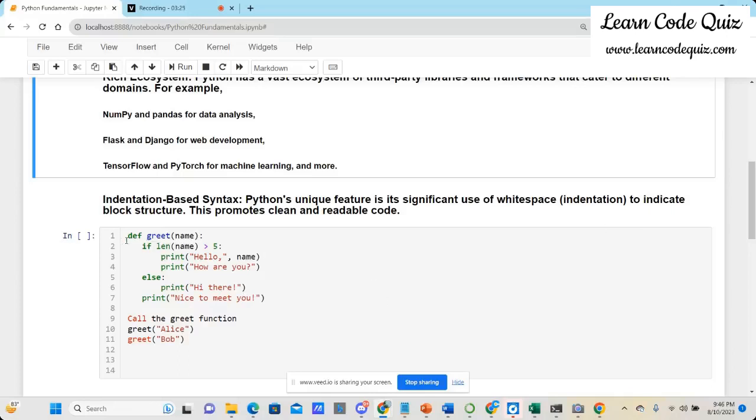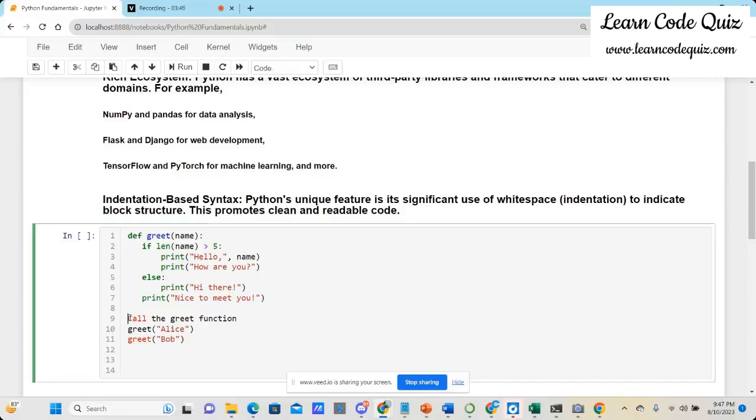For example, if you have a function definition here, greet, with name as parameter, and then you see that you are using an if and else within that function, and how the indentation is happening, and then we call the greet function. Actually, we call the greet function, and then we greet Alice and Bob, and we pass on these names Alice and Bob,